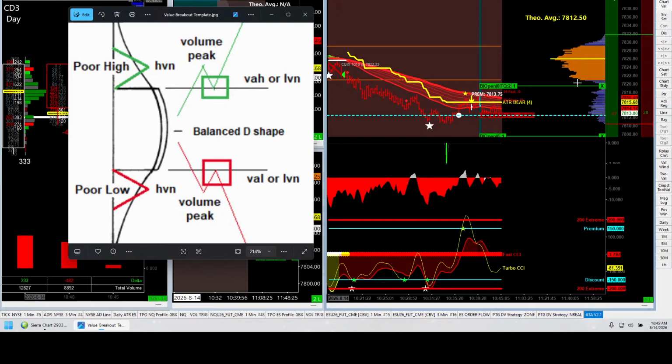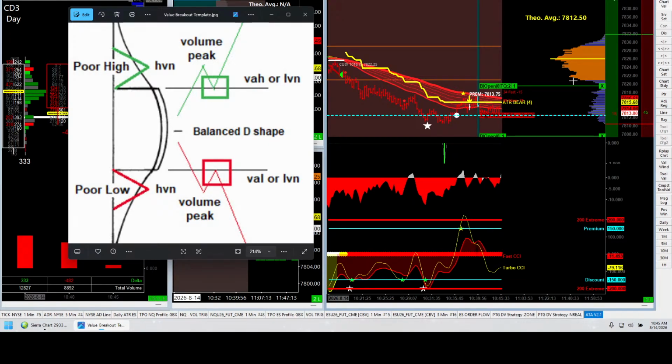Okay, on the far right. That's why we have the profile. Profile gives us information about the distribution of price action. It gives us a wealth of information if we know how to read it. And again, what I'm trying to offer is insights into how to read this. I'm trying to give you a shortcut approach.